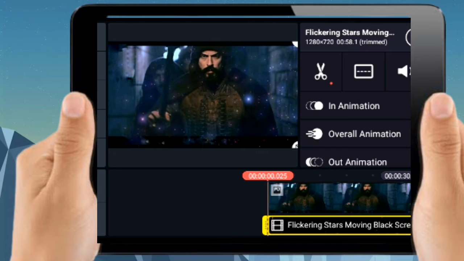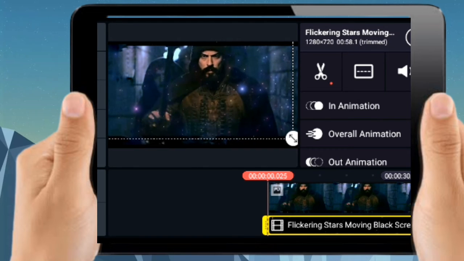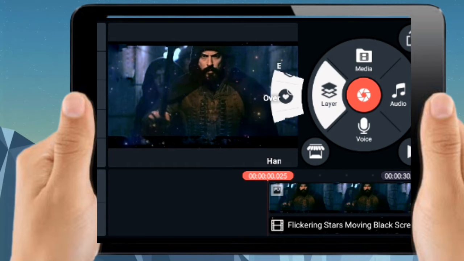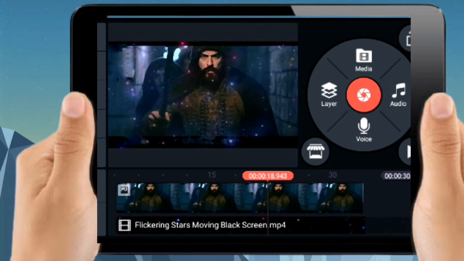After that, just adjust the size of the stars. Okay, that's right. Then go to